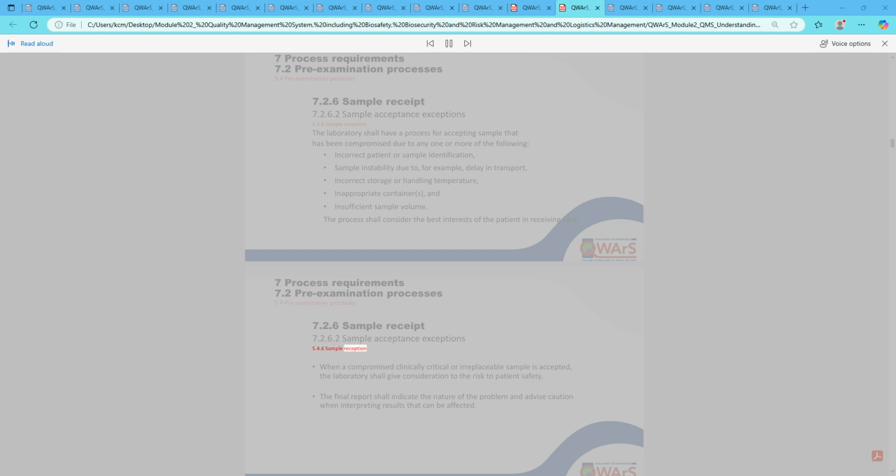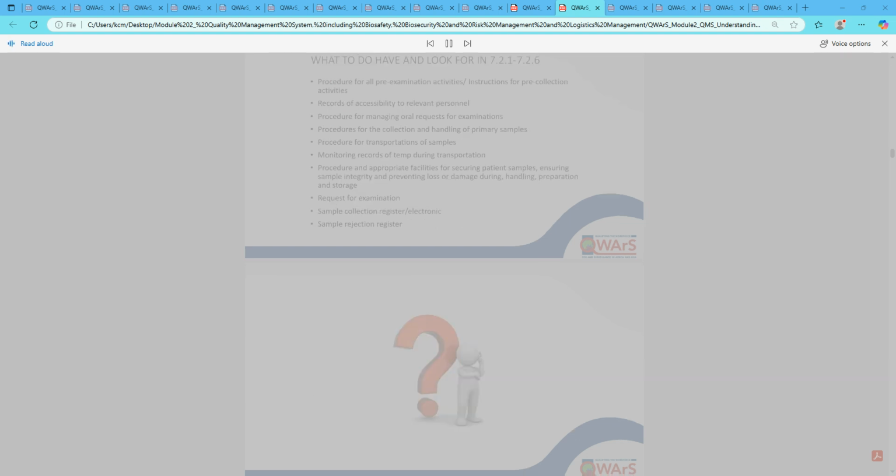5.4.6 Sample reception. When a compromised, clinically critical, or irreplaceable sample is accepted, the laboratory shall give consideration to the risk to patient safety. The final report shall indicate the nature of the problem and advise caution when interpreting results that can be affected. What to do, have, and look for in